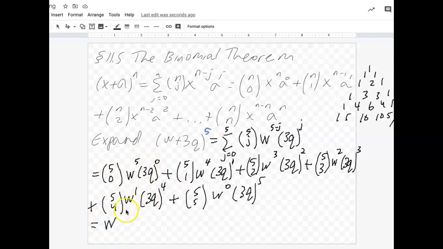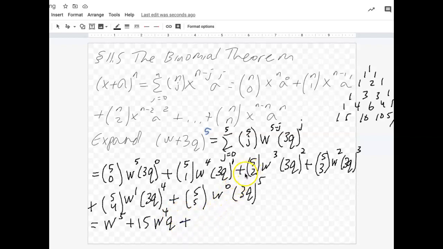So we really just have, let's slow down, this is 1, and then w to the 5th is there, 3q to the 0 is 1, so we'll just have w to the 5th plus 5 choose 1 is 5, and we have 3q to the 1, so we have 5 times 3, 15, and then it'll be w to the 4th, q to the 1,